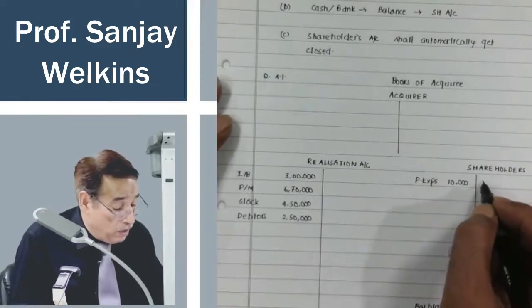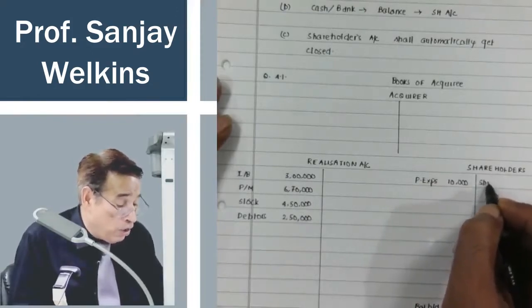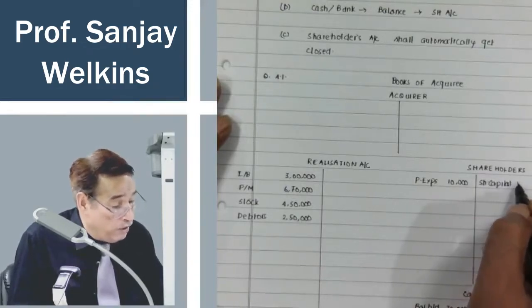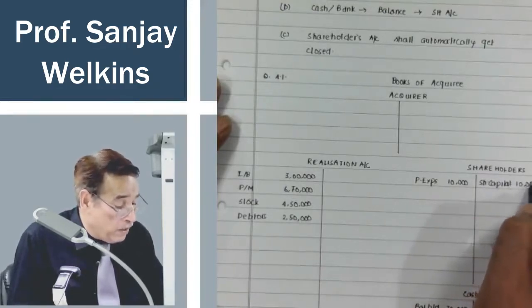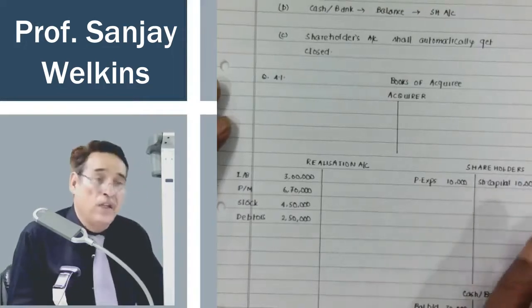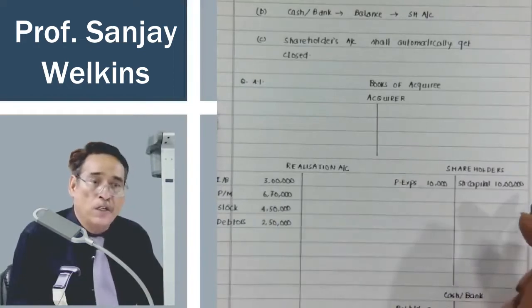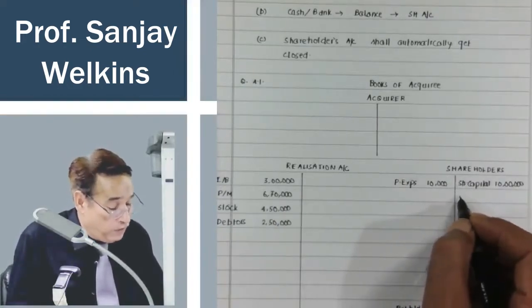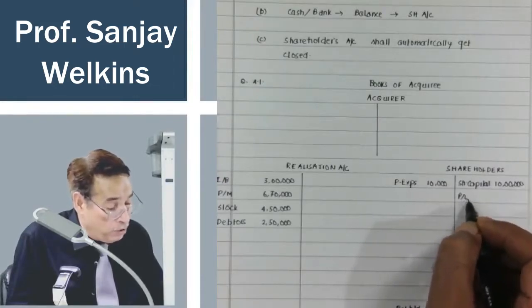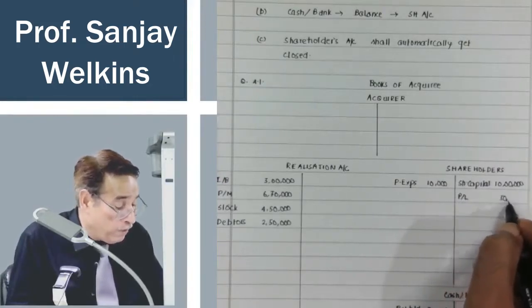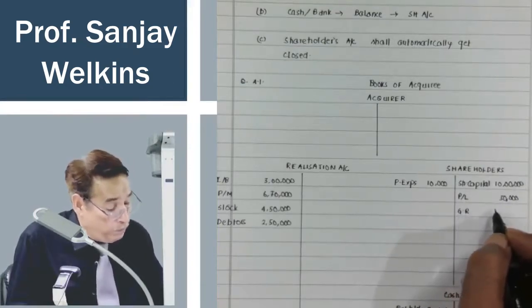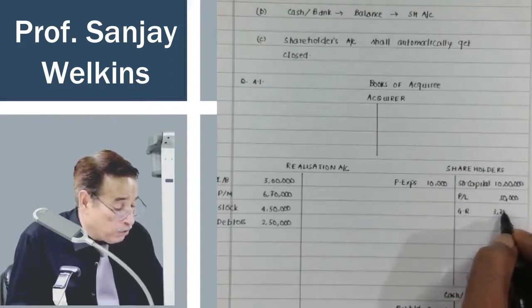The first item on the liability side which you are watching is 10,000 equity shares of 100 each, 10 lakh. So towards the credit side of shareholders account, I will not write balance brought down. I will write share capital account. Amount is 10 lakh. The reason is that in order to close share capital, our entry is share capital account debit to shareholders account. That is why I am writing share capital. After that, we have free reserves in the form of profit and loss account, 30,000. I will post it over here. Then we have general reserve. In this case, I will post it over here, 3,70,000.